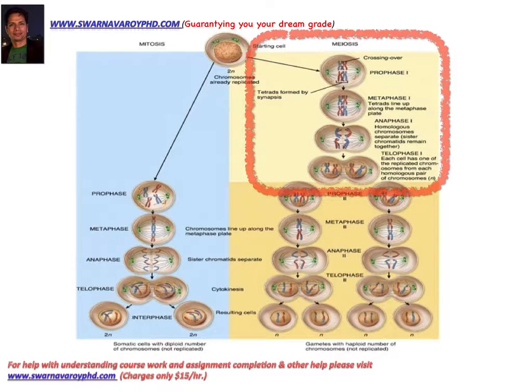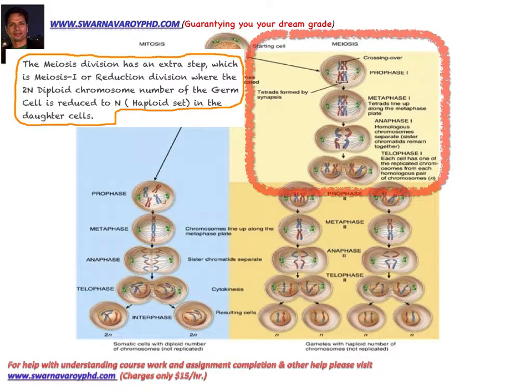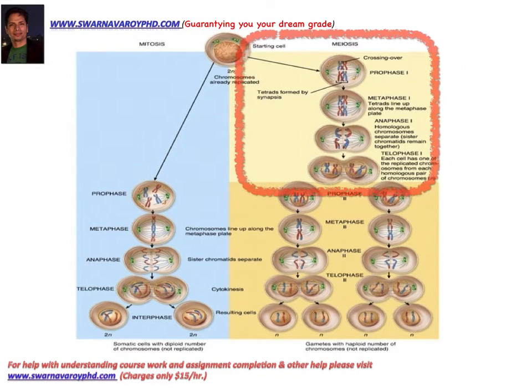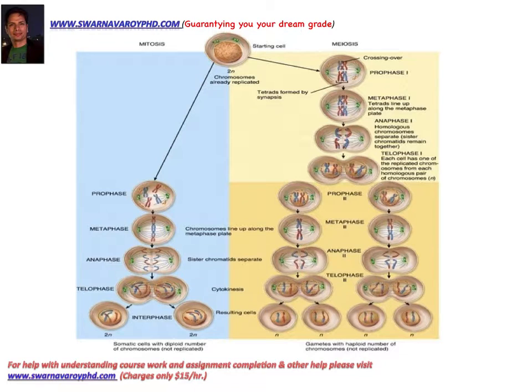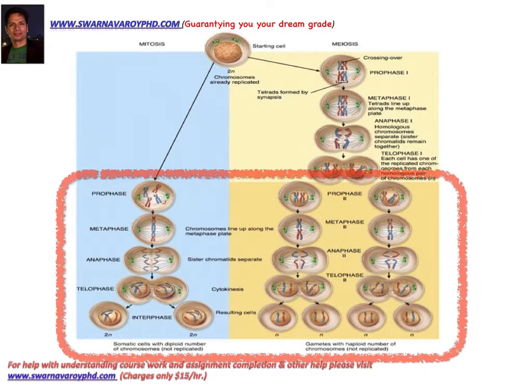And this is the part that is different from mitosis. So the meiosis division has an extra step, which is meiosis 1 or reduction division, where the 2n diploid chromosome number of the germ cell is reduced to n, or the haploid set, in the daughter cells. Now, in the lower red box, which compares the mitosis with the meiosis 2, the meiosis 2 is exactly the same